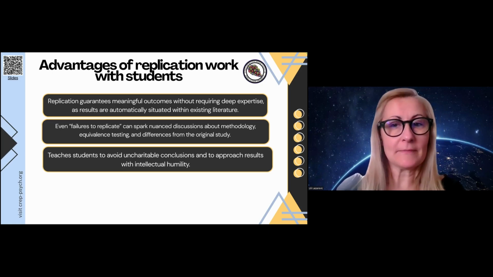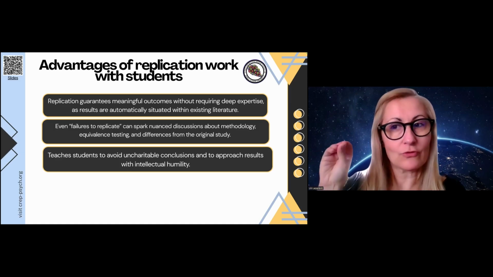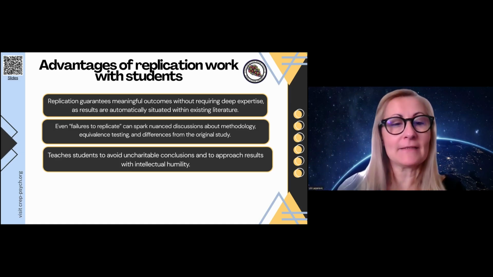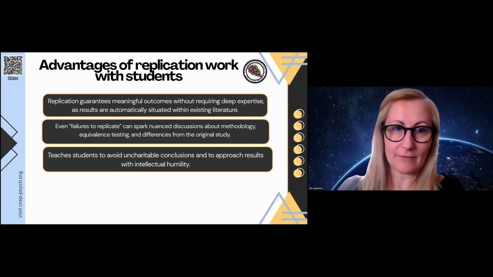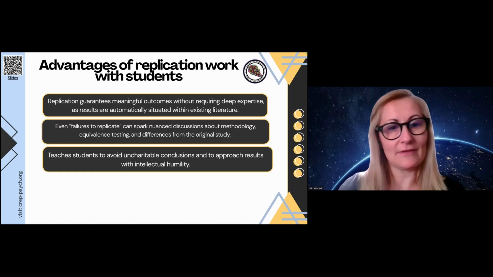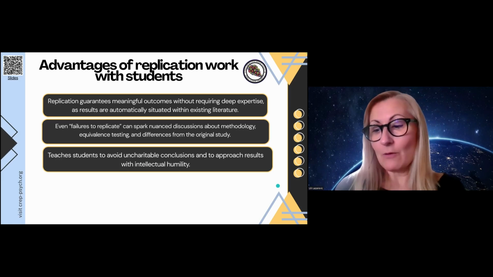They can learn how to find and how to detect real differences from the original study, which is sometimes difficult. And it also teaches students to avoid uncharitable conclusions and to approach results with intellectual humility, which we also believe